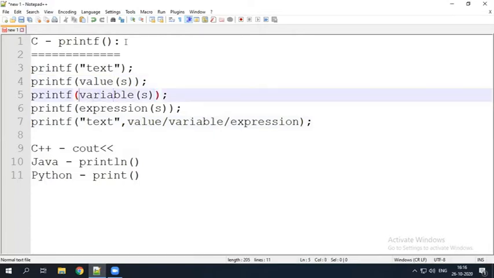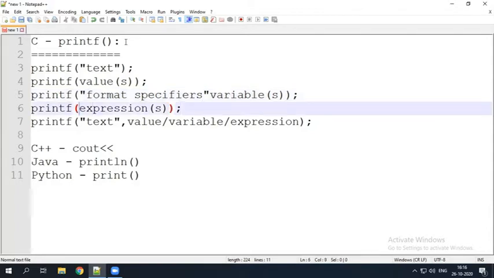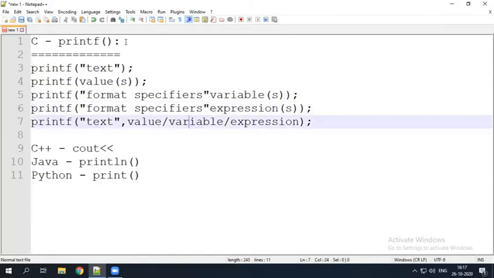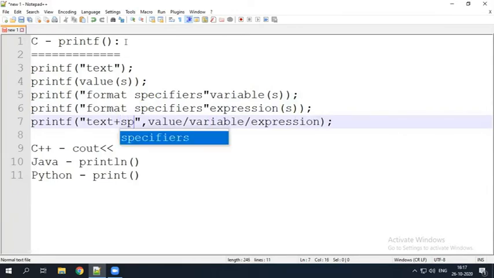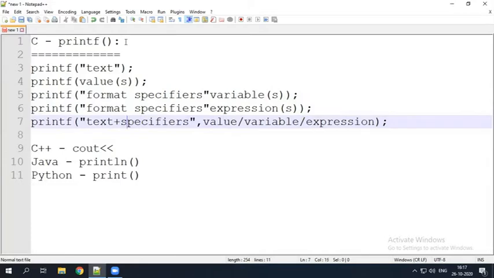When we use variables, we must specify the format specifiers. For a single variable, a single format specifier; for multiple variables, multiple format specifiers are required. When we use an expression also, the format specifier is required. Here also you can specify a combination of some text and format specifiers.